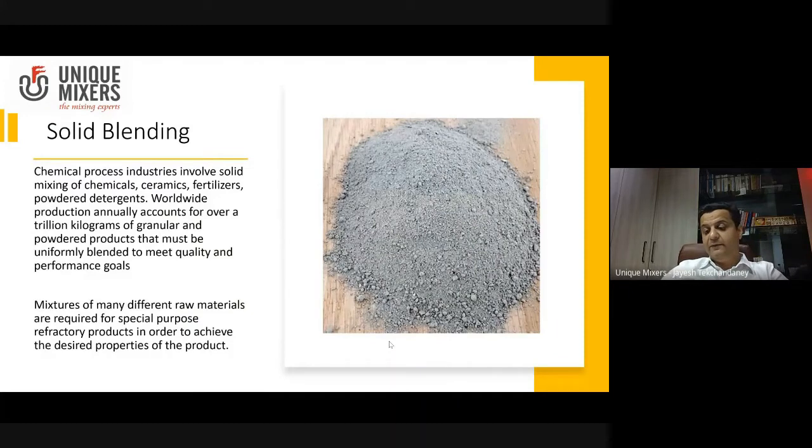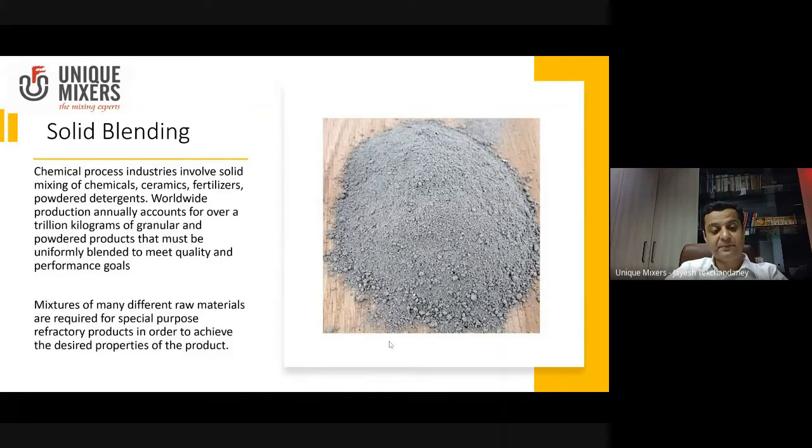Okay, next, moving from liquid to solid, and this is the area that we will spend a little more time on, because that is what we use most commonly in our applications in refractories, solid blending, and chemical processes industries. They involve solid mixing of ceramics, chemicals, fertilizers, powder detergents, and the volume of this is phenomenal. It's over a trillion kilograms of granular and powdered products that must be blended annually to meet quality and